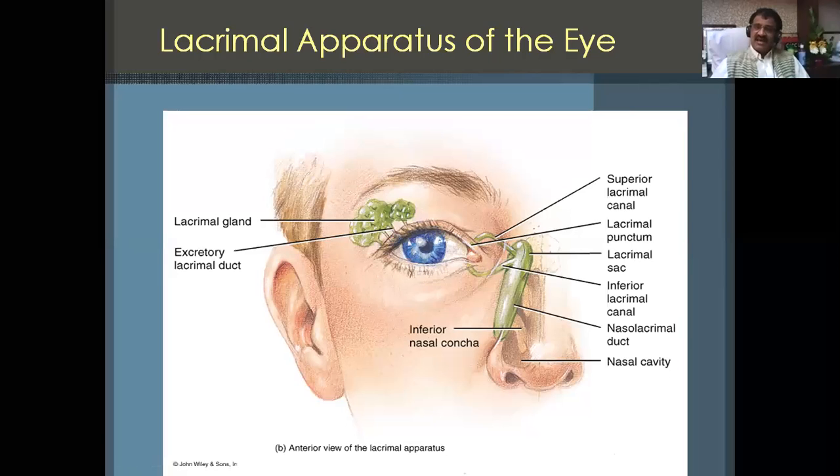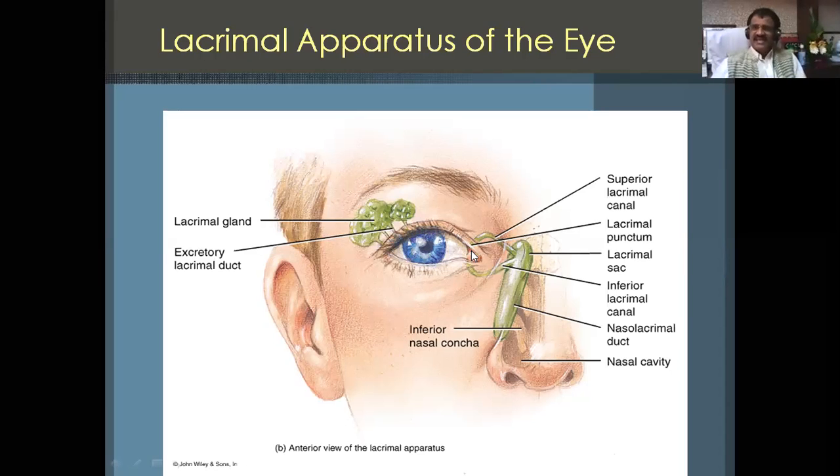Here you can see the lacrimal glands, and lacrimal glands are located in the lateral part of the eye, above the upper eyelid, I mean, superior to the upper eyelid. Here you can see the location. They are exocrine glands because they secrete watery fluid, and that is called tear. These lacrimal glands pour that tear into the conjunctival sac of the eye here. And this lacrimal fluid circulates all throughout the conjunctival sac and moistens the eyeball,